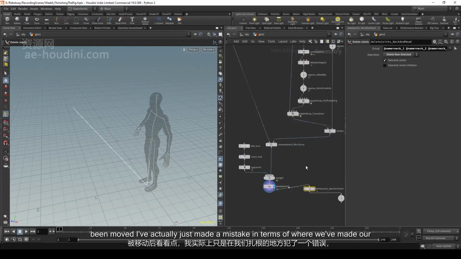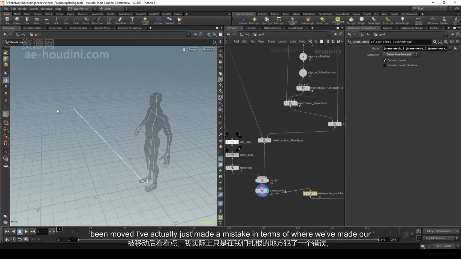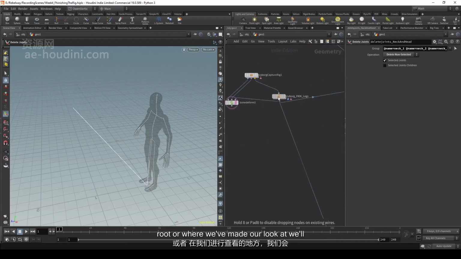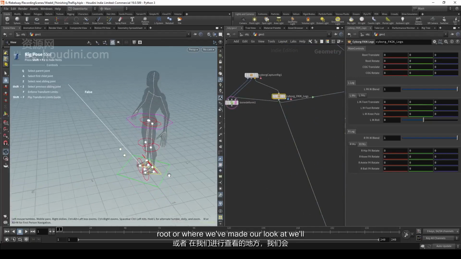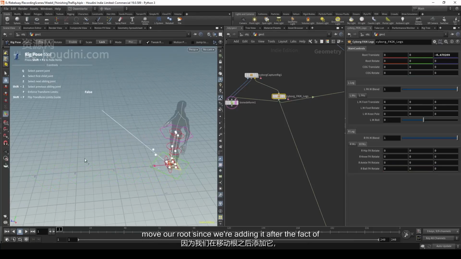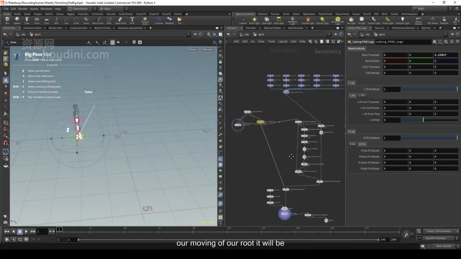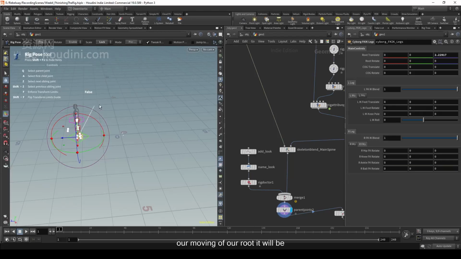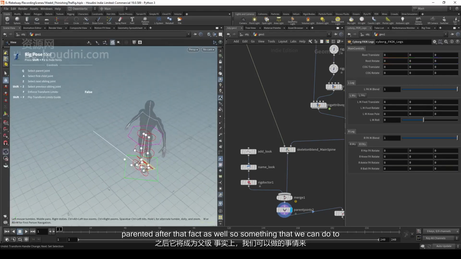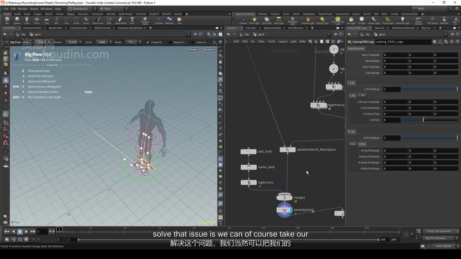been moved. I've actually just made a mistake in terms of where we've made our look at. We'll notice that we run into a similar issue we did earlier. When we move our root, since we're adding it after the fact of our moving of our root, it will be parented after that fact as well. So something that we can do to solve that issue is we can, of course, take our